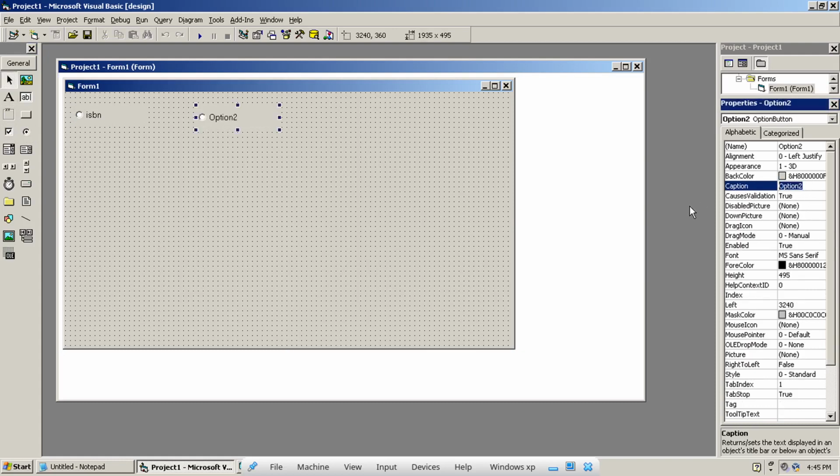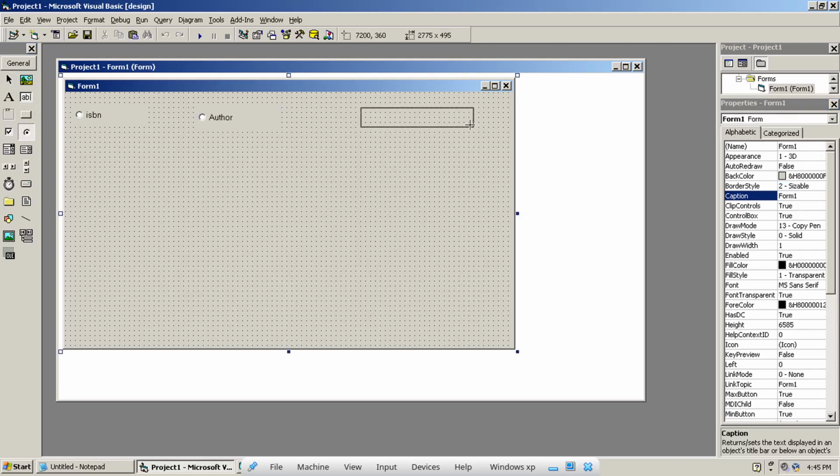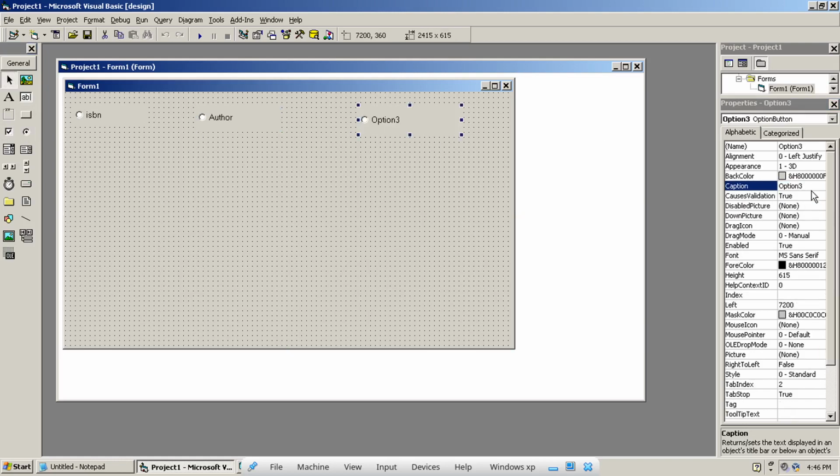I'm changing the caption. So the search is going to be based on either ISBN number, author or title.